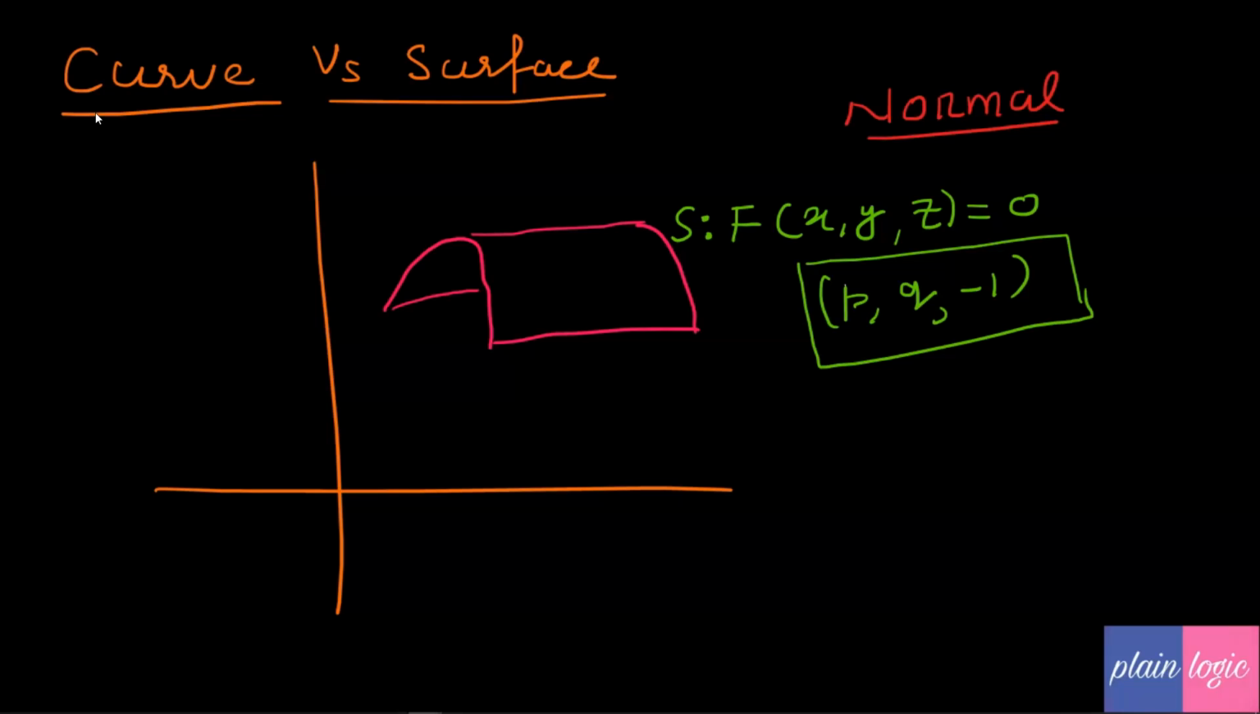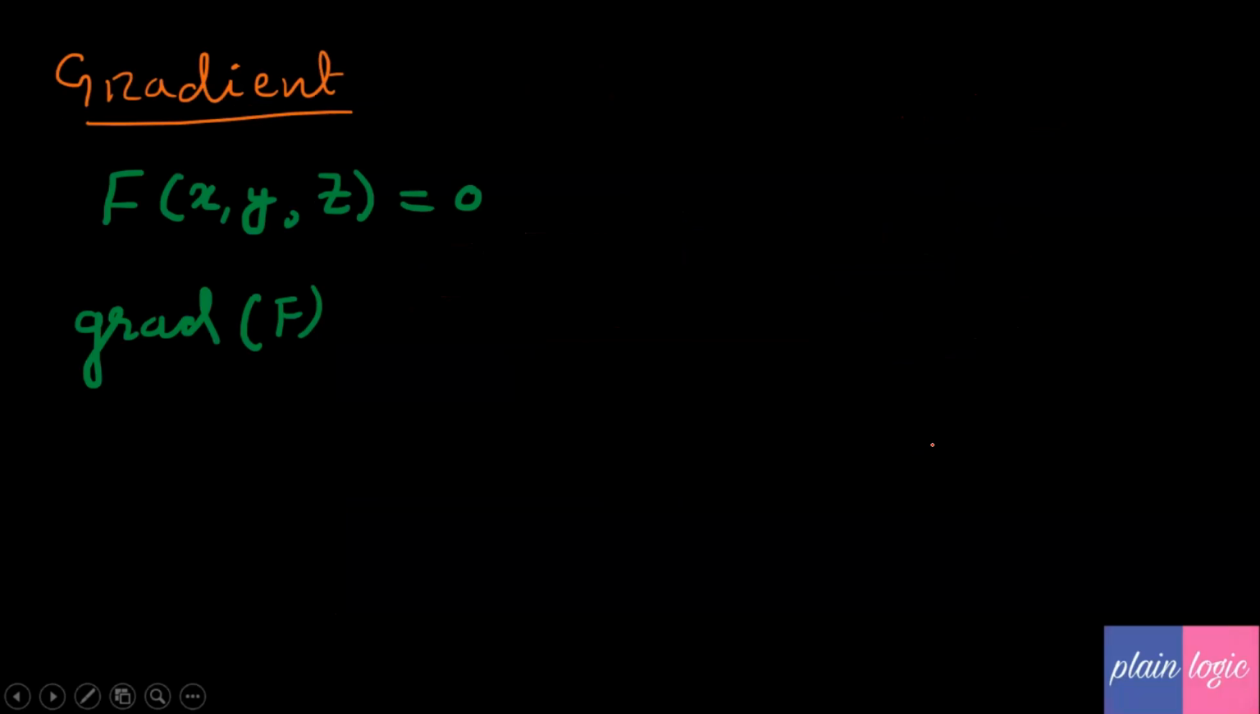Now you know the difference between curve and surface. Also some additional data with it. Telling you about gradient. Suppose f is a function of x, y and z. Then gradient of f is